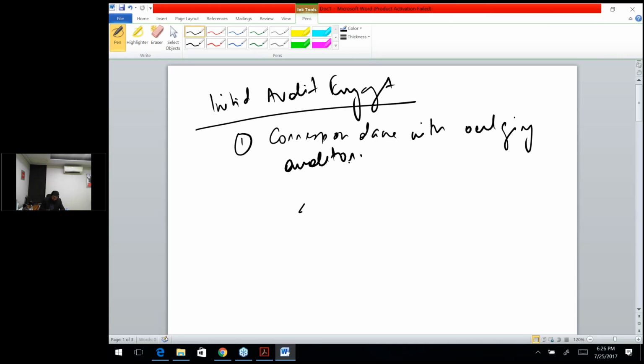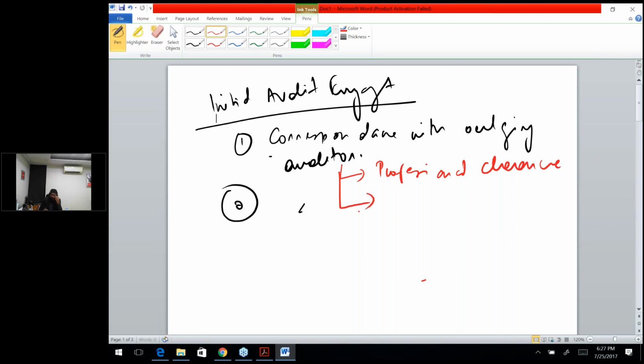So amongst the various matters that you will consider while undertaking the initial audit engagement, number one of them is going to be corresponding with the external outgoing auditor. Now, why would we correspond and what will we correspond? The reason behind that is, first of all, we are professional accountants and we should take a professional clearance. Now, what do we mean by obtaining a professional clearance?